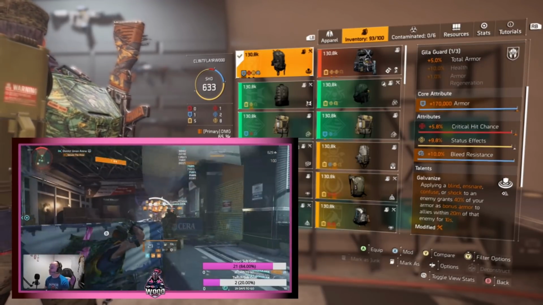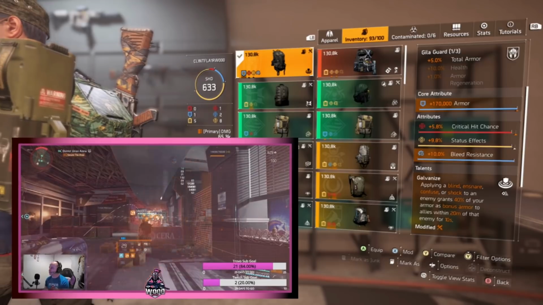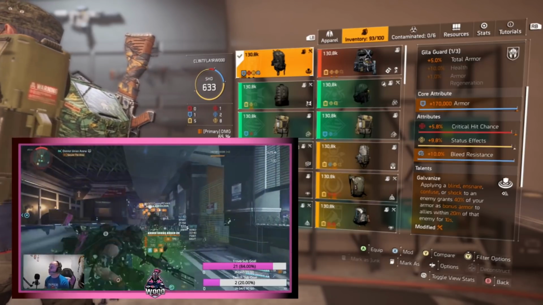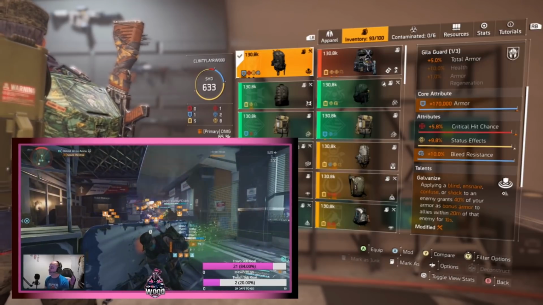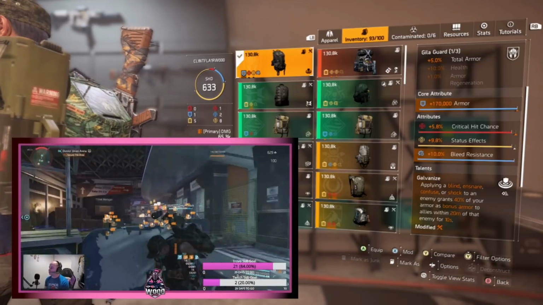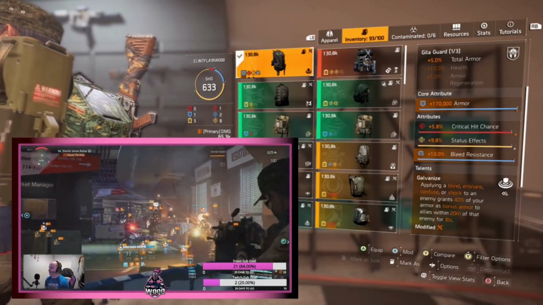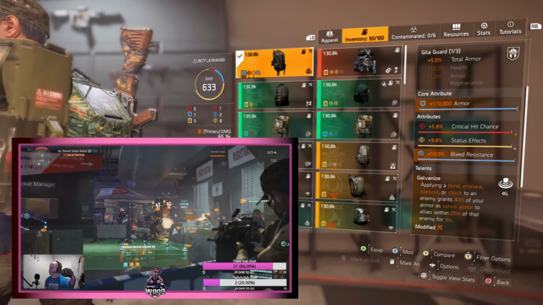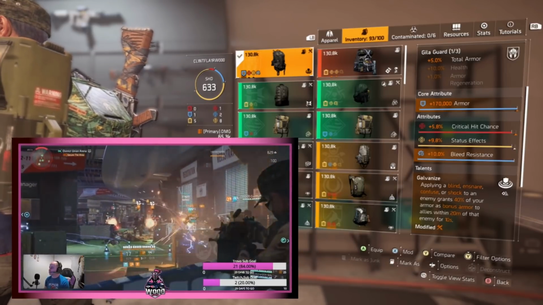Applying a blind, ensnare, confuse, or shock to an enemy grants 40% of your armor as bonus armor to allies within 20 meters of that enemy for 10 seconds. 20 meters is a fairly decent range, so in close-knit missions like District Union and Capital Building, you're laughing